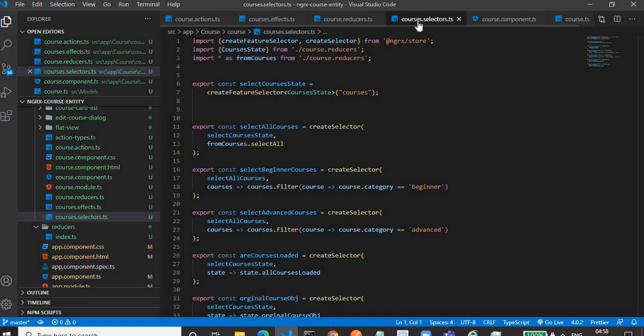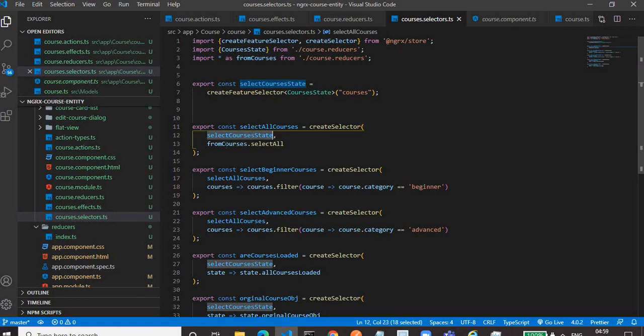So we have created a courses.selector.ts file, in which we create a feature selector, in which we provide the state and the slice of the course that we want to retrieve. Then we have to create a selector, createSelector, in which we provide this select course state.